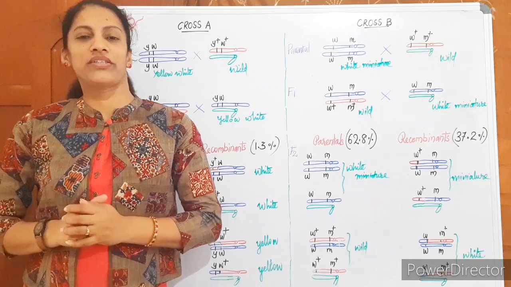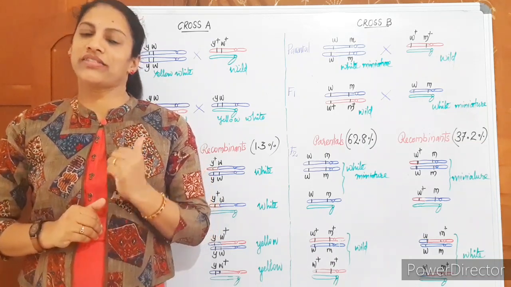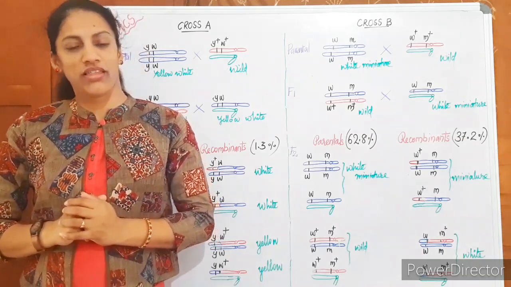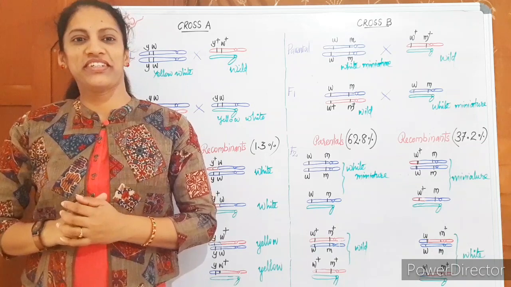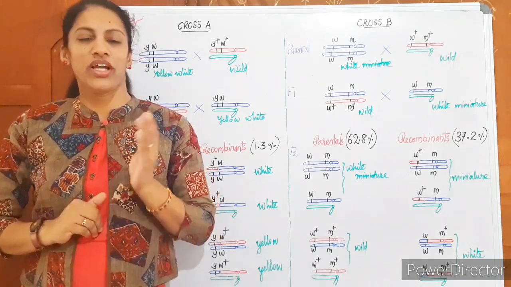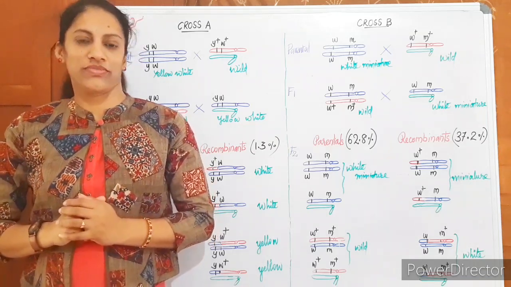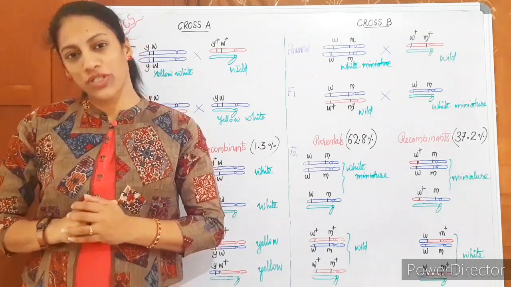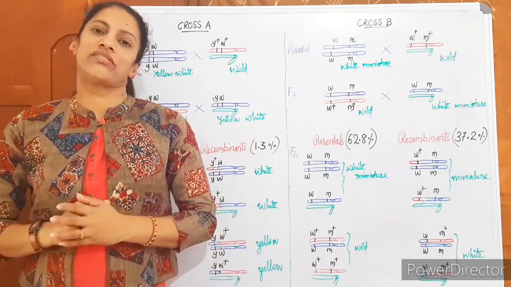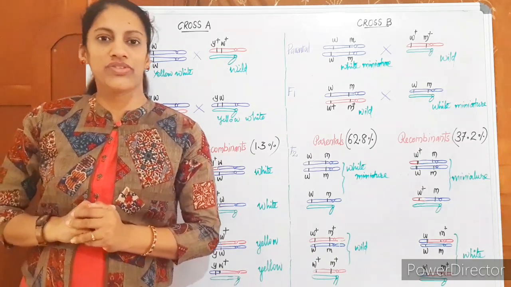Before moving on to that topic, I promised you we will discuss or revise linkage, the two crosses of T.H. Morgan. I think all of you have studied it and you are thorough now. Anyway, let us have a quick revision on cross A and cross B conducted by T.H. Morgan. The experimental material was the fly Drosophila, and the characters studied were X-linked characters. The two genes studied were X-linked genes.